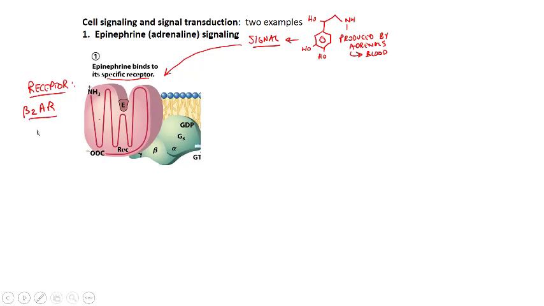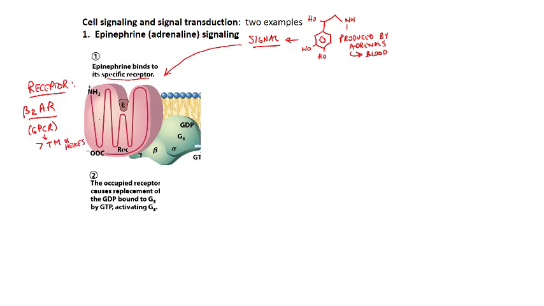So the beta-2AR is an example of a type of molecule called a GPCR, G protein coupled receptor. So a G protein coupled receptor has 7 transmembrane alpha helices,